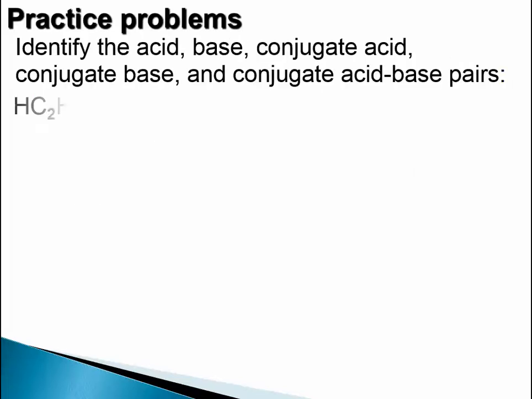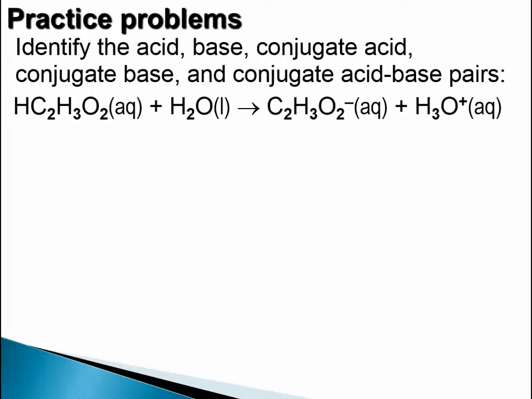Okay, so let's look at this conjugate acid-base thing again. Here we have a reaction, and it says identify the acid, the base, the conjugate acid, the conjugate base, and the conjugate acid-base pairs. Basically, in the forward reaction, that's always just our plain old acid and base. In our reverse reaction, those are the conjugate acids and the conjugate bases. In all cases, though, an acid is something that donates a proton and a base is something that accepts a